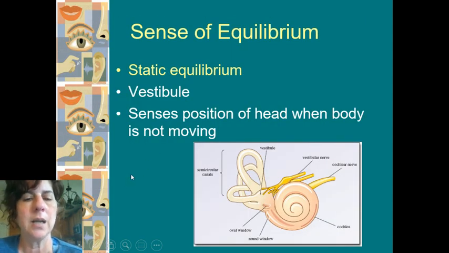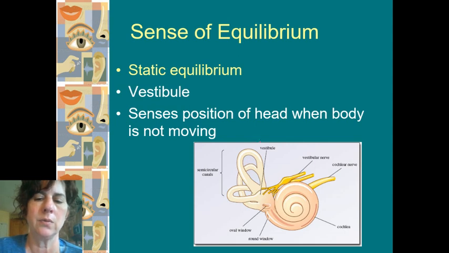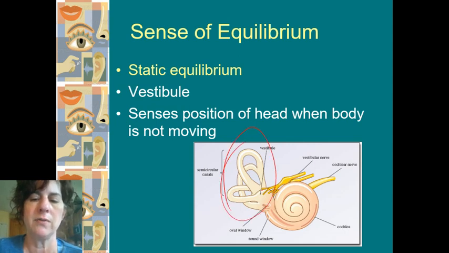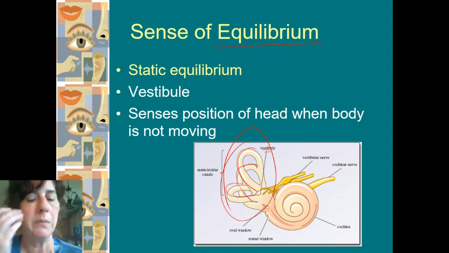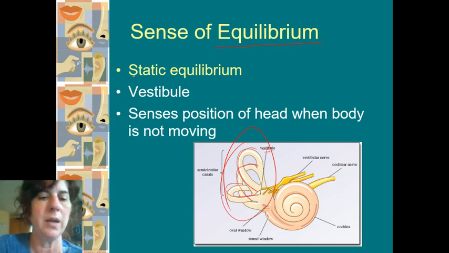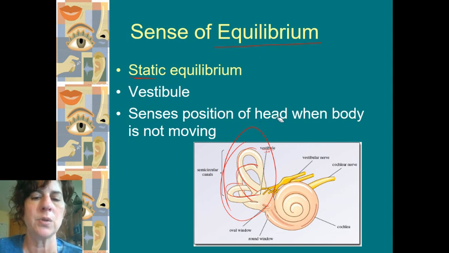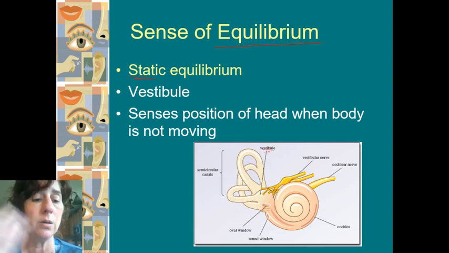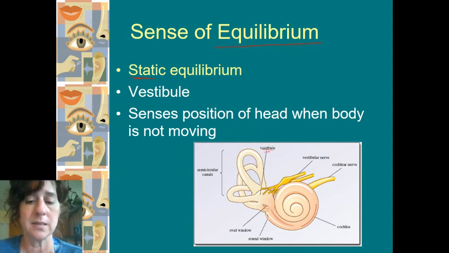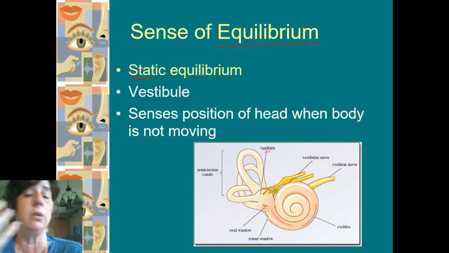All right, another function of the ear is this portion right here. So the vestibule and these three semicircular canals that go out at three different angles, they're going to determine equilibrium. And we have two types of equilibrium. We have one that's called static. Static equilibrium is like I'm standing still. I know where my head is as I'm being still so that I have some sort of reference point when I start to move or do anything.